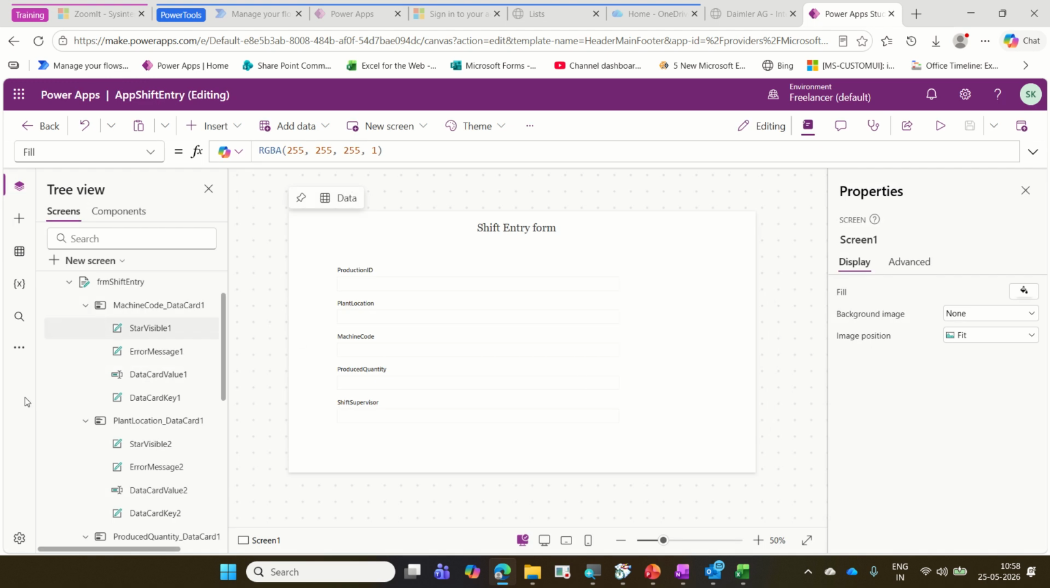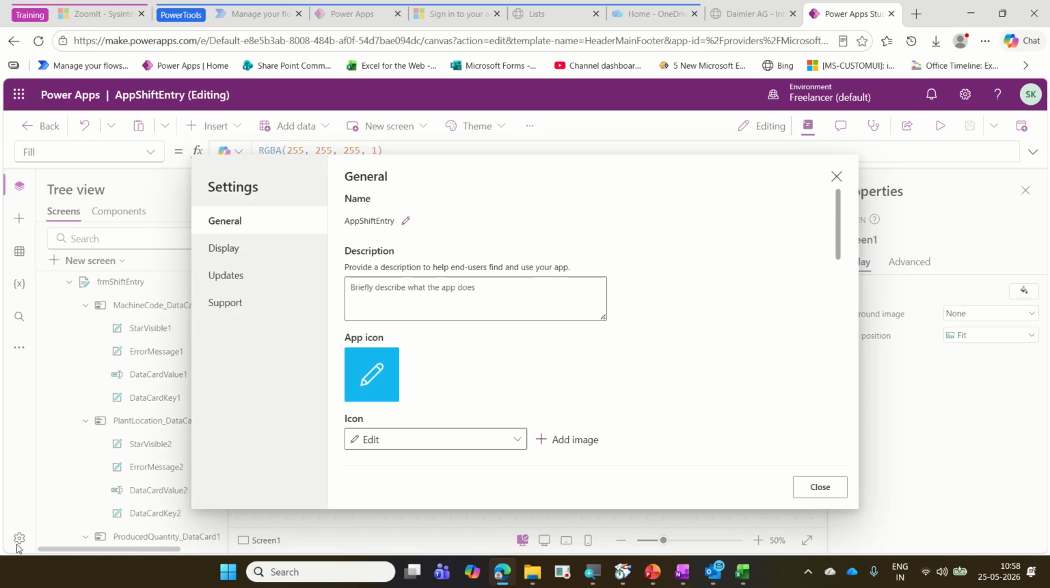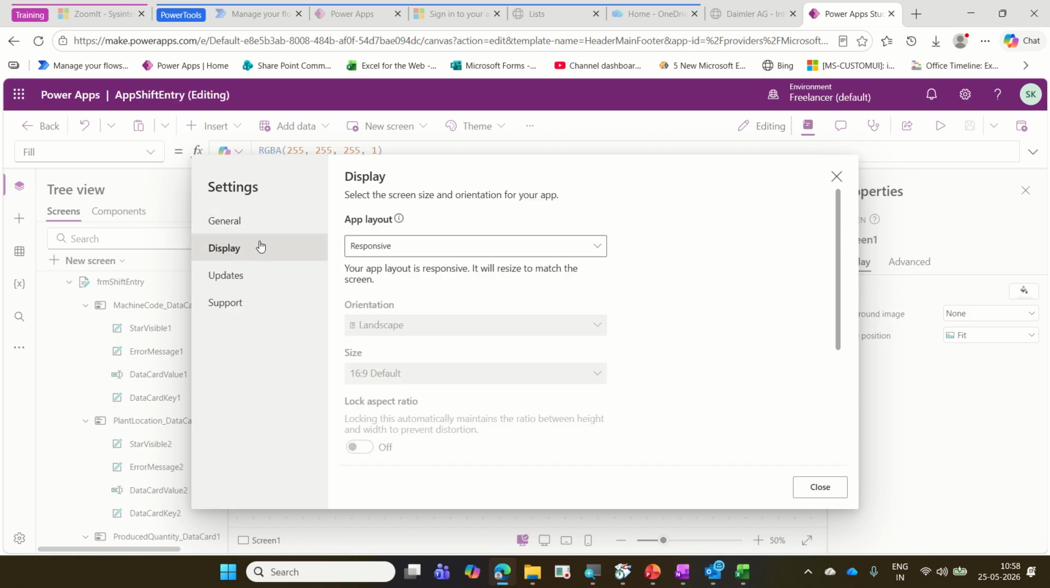What I will do is click on the properties here. So settings, on the left hand side corner, last gear symbol settings, go to the gear symbol settings. Under the gear symbol settings, you can see display, go to the display. As of now, what I will do is I'll change the display into fixed,